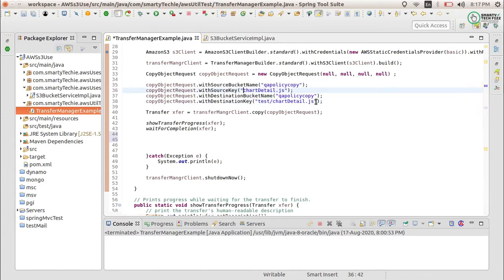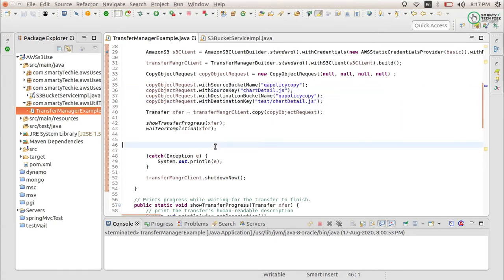But I have a file in the root part, and I just want to copy it from the root to this folder. You can see that I have already uploaded this file in the previous video, in the second part of this series. The file is already uploaded. So now I'll just copy this file to this folder.